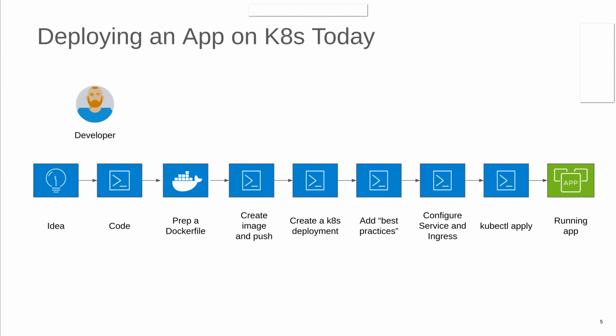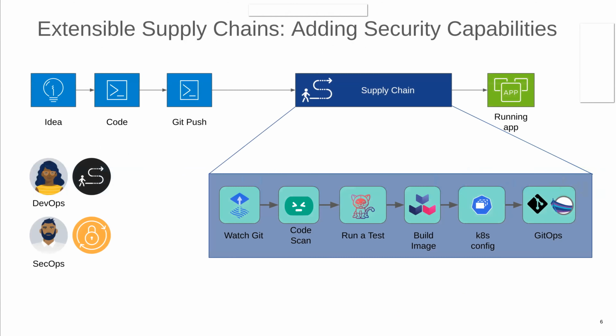Deploying on Kubernetes today looks something like this, right? So if you're a developer, you have to do things like create a Dockerfile, create an image to push, et cetera, create your deployment configuration. And essentially the way we've been thinking about this is simplifying it into a supply chain. So in your supply chain, you would define all of the steps that you need to ensure, like I said, that your workload was secure and compliant. And essentially what that gives you is that repeatability. So you're able to reuse this across all of your development teams again and again. And so you always have the peace of mind that the thing coming out of your supply chain meets your